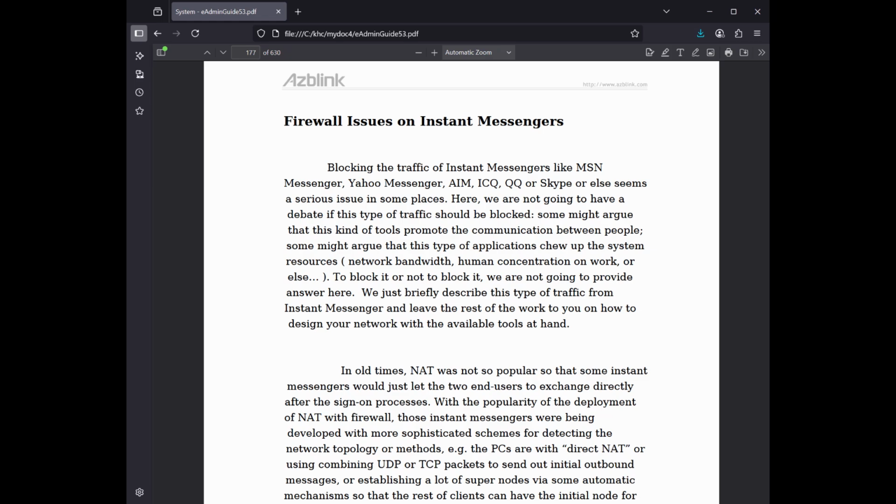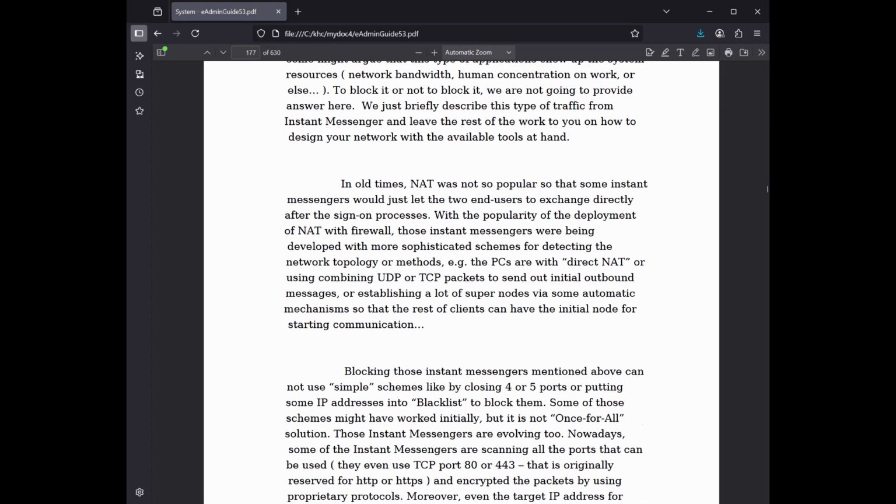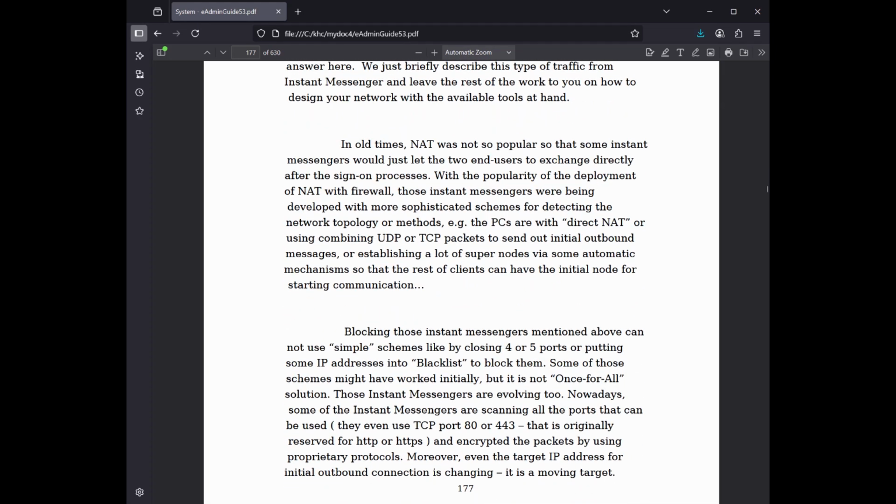In old times, NAT was not so popular, so some instant messengers would just let the two end users exchange directly after the sign-on processes. With the popularity of the deployment of NAT with firewall, those instant messengers were being developed with more sophisticated schemes for detecting the network topology or methods, e.g. the PCs are with direct NAT, or using combined UDP or TCP packets to send out initial outbound messages, or establishing a lot of super nodes via some automatic mechanism so that the rest of the clients can have the initial node